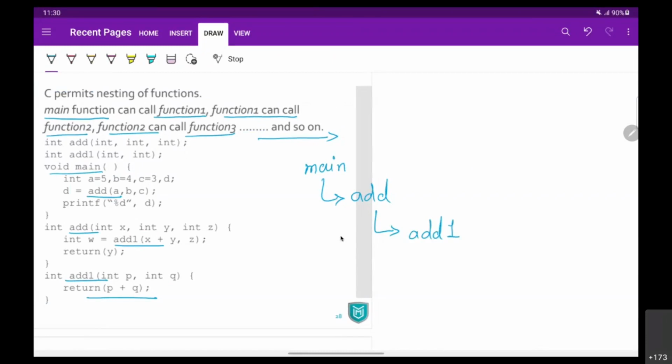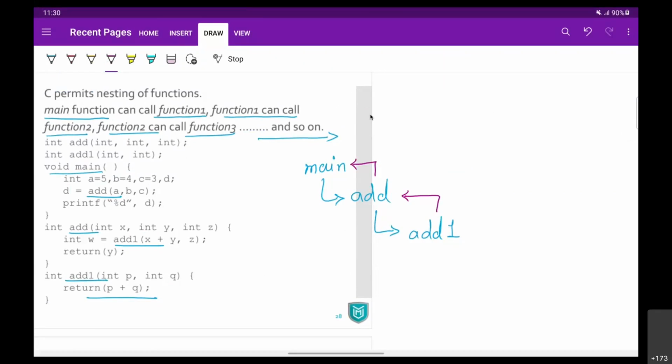Now, in whatever path you have traversed, when you come back, you are going to use the same path in reverse manner. So from add 1 you first come to add, and from add you go back to main. That's the path you are going to follow when you come back from function call.